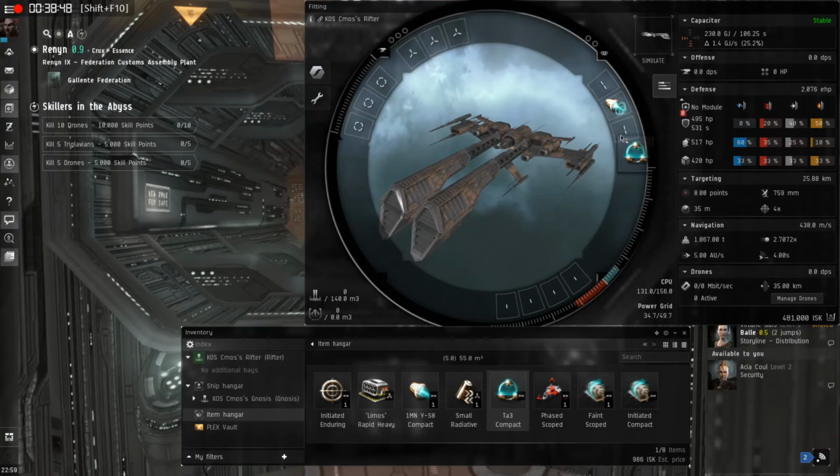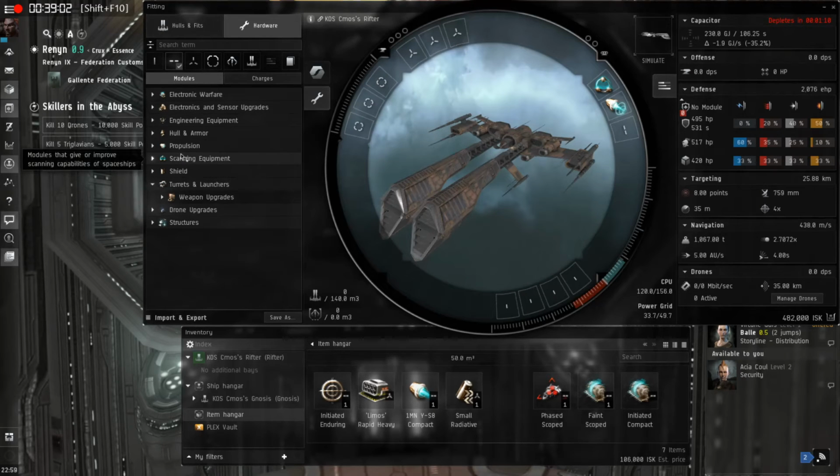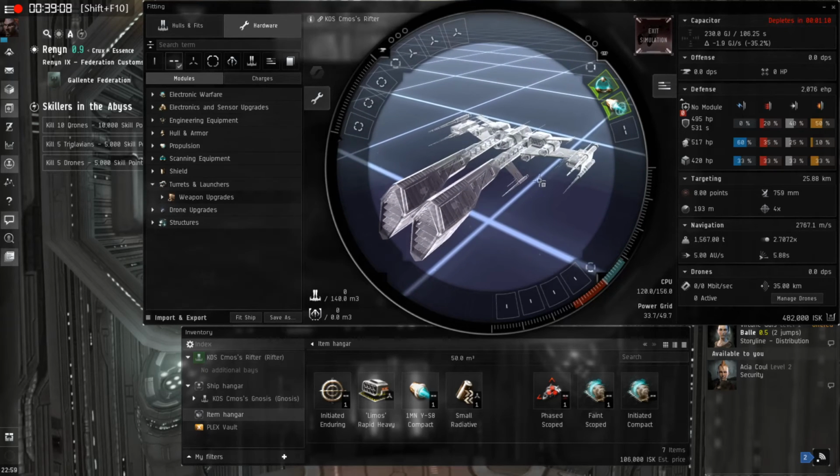This is a ship scanner. Now, if you don't know where stuff goes, just drop it in the middle, and it puts it where it goes. Now, in order to save yourself a lot of money, if you don't know what something does, and you think you want it in the store, say like over here, I would simulate. And I'll tell you why. Because when you simulate something, like let's unfit this real quick, and unfit this. Okay, when you simulate,